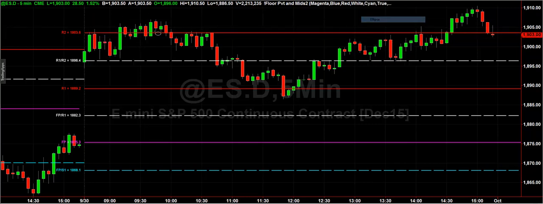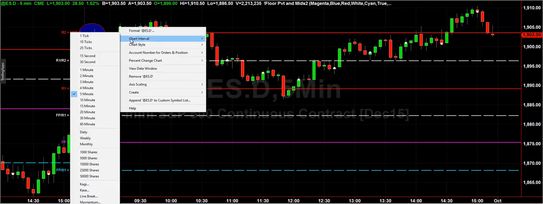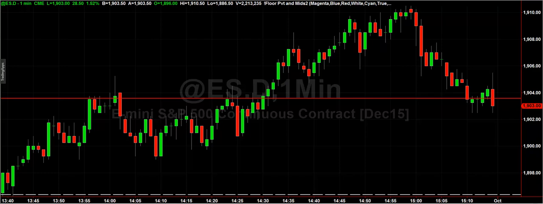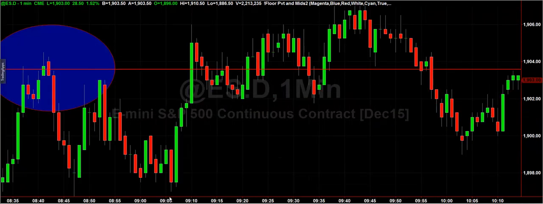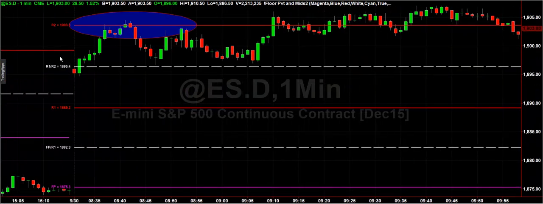Now let's take a little bit further look here. We'll put an ellipse around this so that we can take a look at this. And then we'll change the time frame. So this is 5 minutes, and you see it bounces off there a couple of times, but let's see what's really going on here. We'll change the interval to like 1 minute, and then we'll see what happened at the beginning here. So there's our ellipse again, and you can see that this thing banged off there several times,